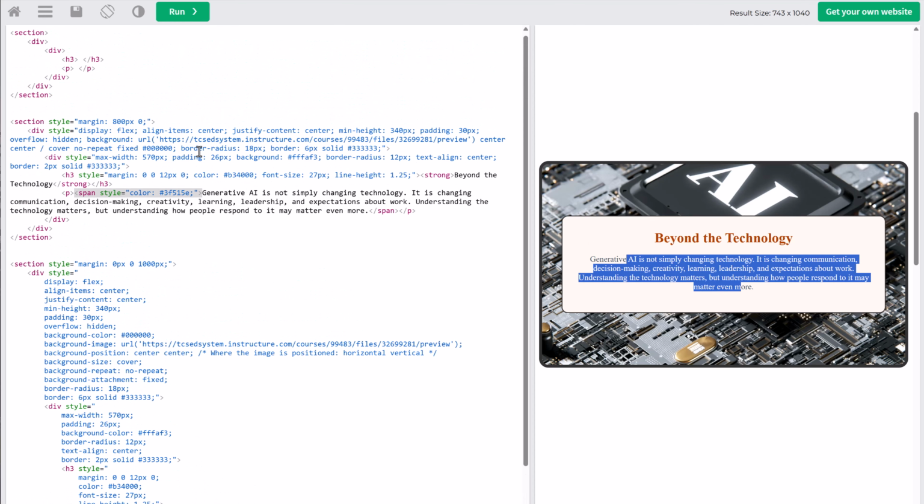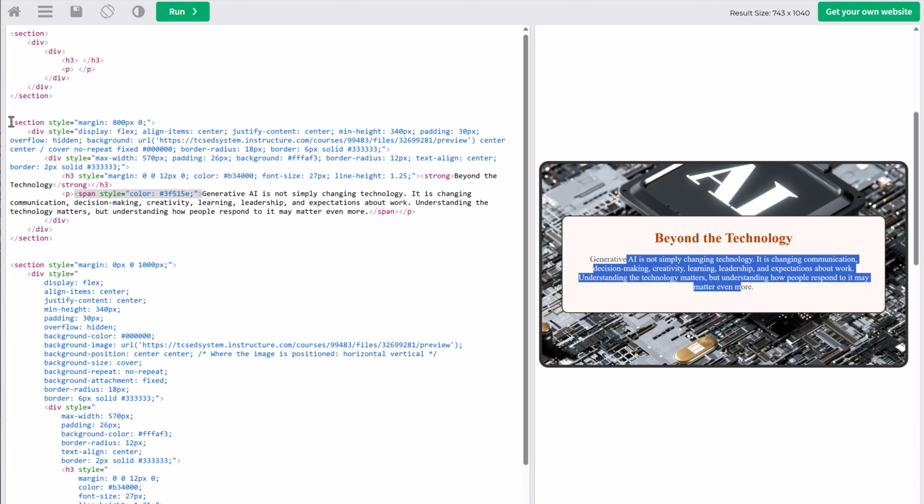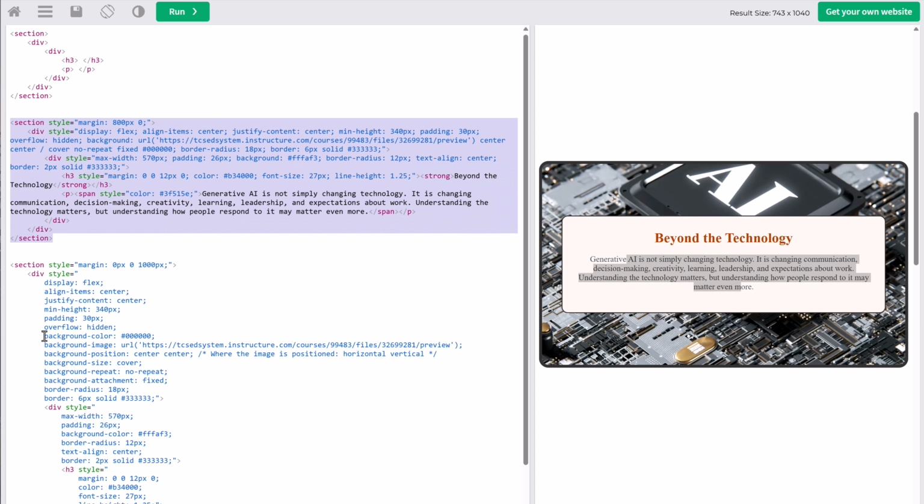I'm gonna hop up here for the paragraph. I chose a charcoal type color, black, dark but not pitch black, and then just the paragraph, and that's the extent. And so what this code up here did is we walked through the background color, the image, the position, centered all throughout, the background,